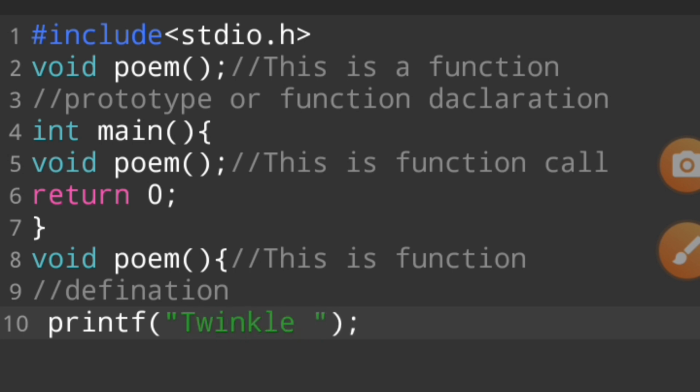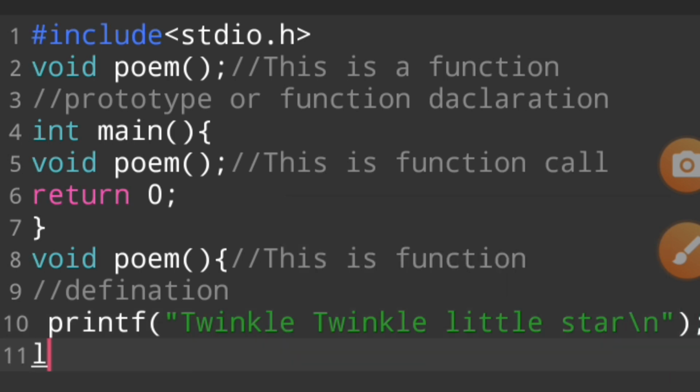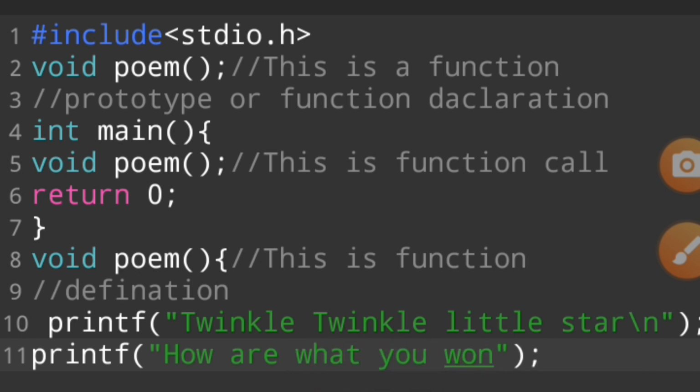For example, twinkle twinkle little star, how I wonder what you are. So we write twinkle twinkle little star, and we use printf.